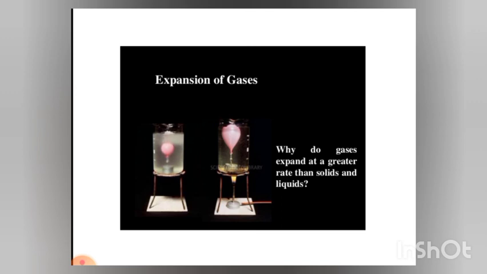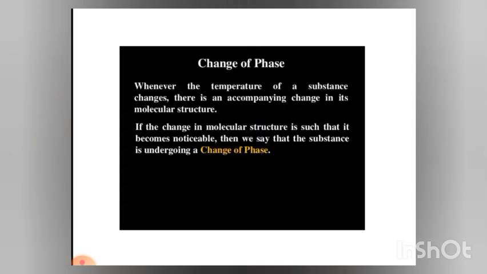There are mainly three types of expansion. Linear expansion, in which there is an increase in length; second is superficial expansion, in which there is an increase in area; and the third is cubic or volume expansion, in which there is an expansion in volume. Solids show all three types of expansion, liquids show only cubic or volume expansion, and gases also show volume expansion. So, change of phase: whenever the temperature